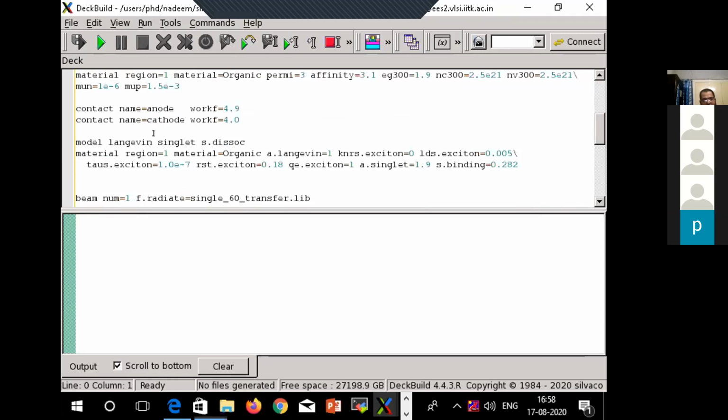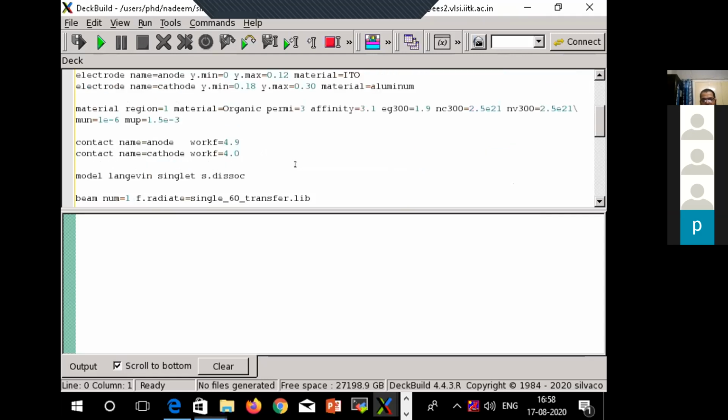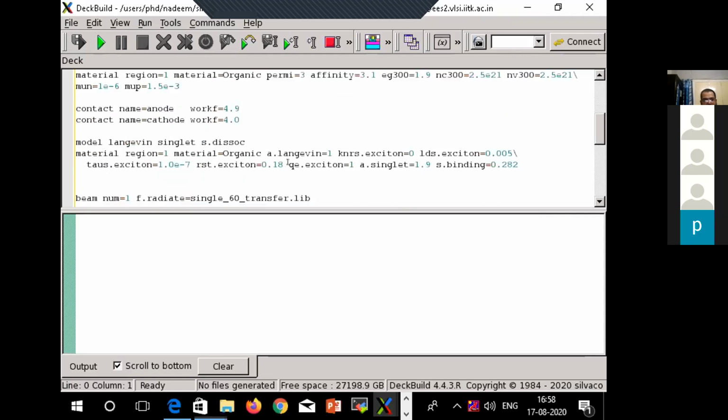Also the states are either triplet or singlet. So mostly singlet is there. So singlet is being invoked here for exciton dissociation, and also there are various models for exciton and recombination. All those are being put here. One can also observe a few other things like recombination lifetime, and all those values are also being fed here.